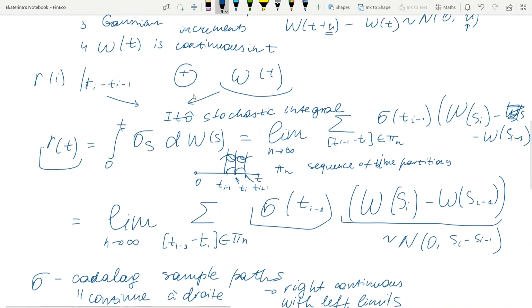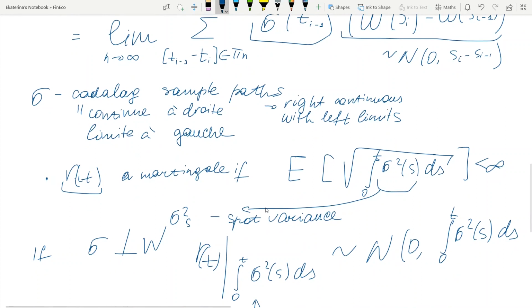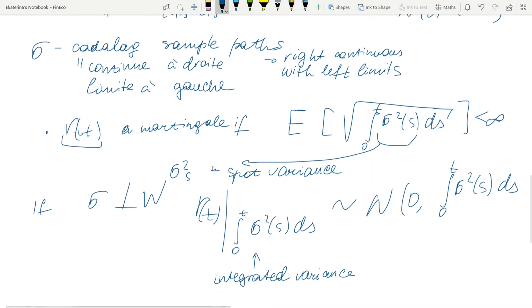Well, we are going to use the Ito stochastic integral, which explicitly allows us to do so. So you integrate the continuous time evolving sigma process, which is a cadlag sample path process. And that's nothing else than just saying, okay, there is some stochastic volatility in my Wiener process. And then the new terminology for you here would be the spot variance. That's the evolution of the continuous time variance, and the integrated variance, when you take the whole variance of this continuous time process up to time t.